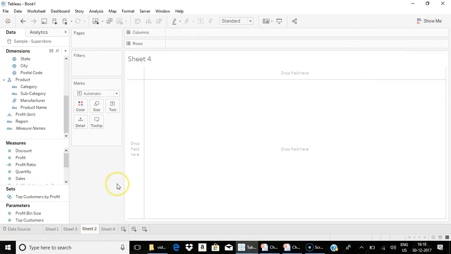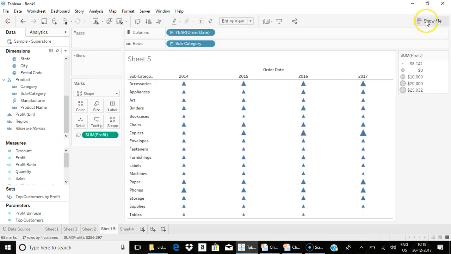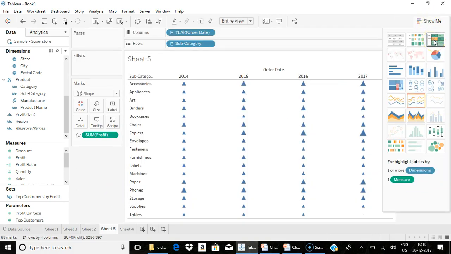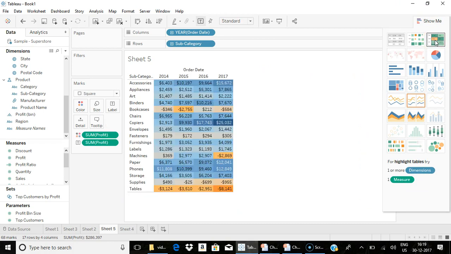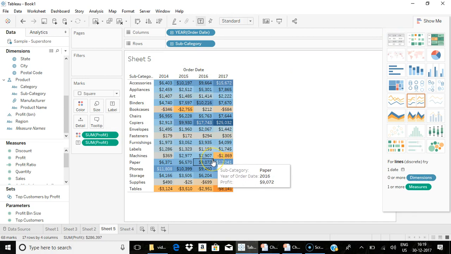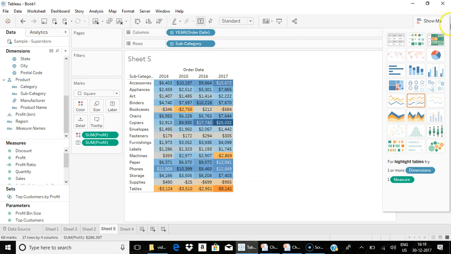You can also duplicate the instance, and I am going for the third type of table called highlighted tables. Highlighted tables automatically apply conditional coloring to the table values. So the first three charts, that is crosstab or text tables, highlighted tables as well as heat maps, represent your data in the form of a table, either as a normal table, using symbols, or with conditional coloring.